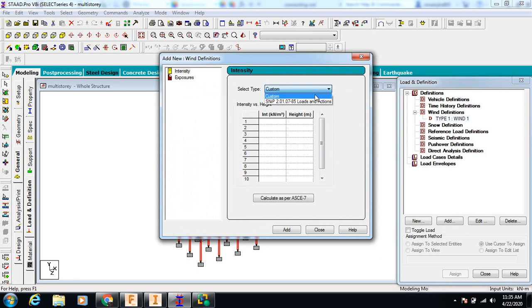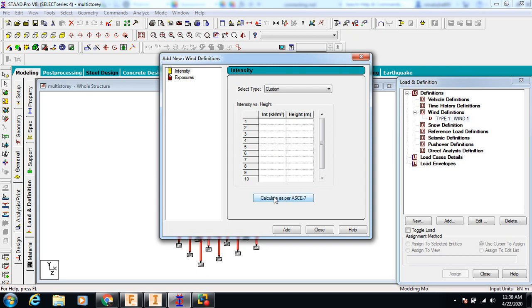This is the custom type. This is as per another code given. Here you can calculate as per your design. Suppose at 3 meters we are calculating some wind intensity, at 6 meters we will put another; at different heights we will put the intensity of the air, intensity versus height, and calculate it.